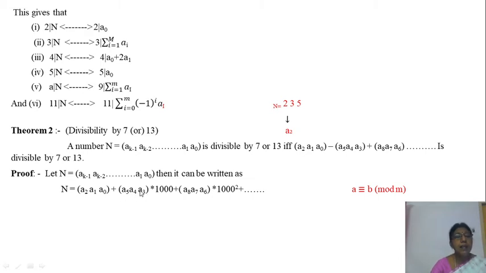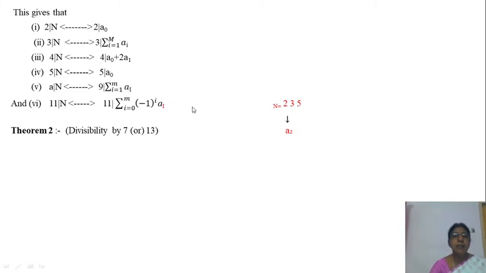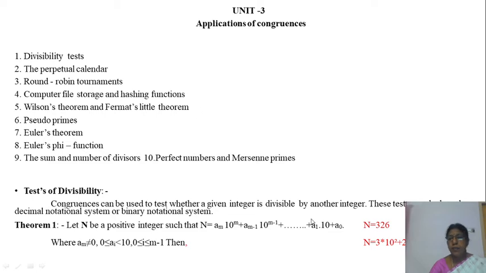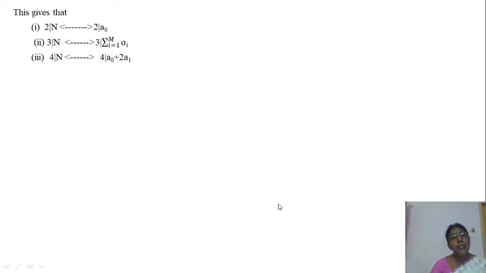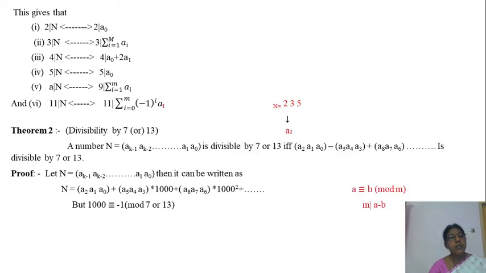Already we have seen in the first theorem in the decimal system, for a single digit we multiply by 10, for two digits we multiply by 100, and for a bunch of 3 digits we multiply by 1000. So write n as: the first 3 as a bunch, plus the previous bunch of 3 digits, a5, a4, a3, into 1000, plus the previous 3, a8, a7, a6, into 1000 square,